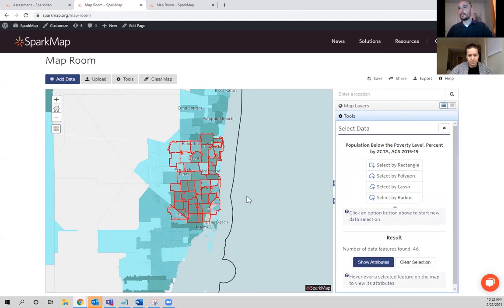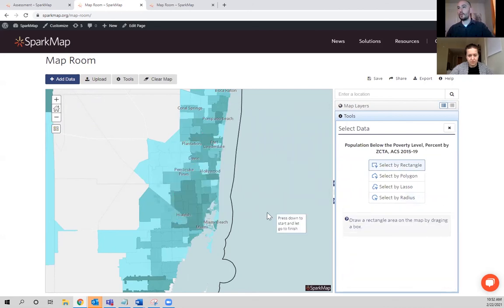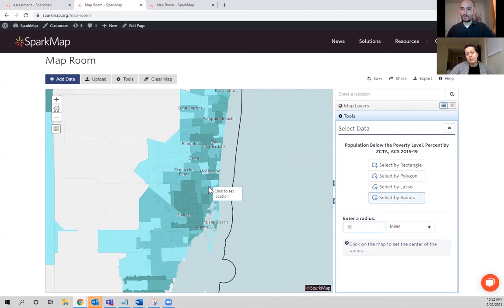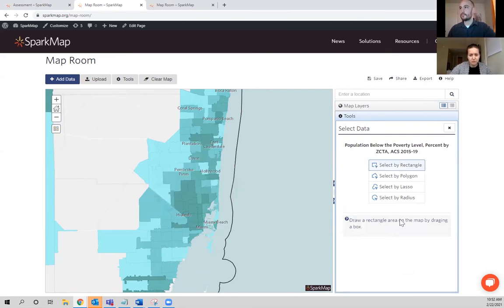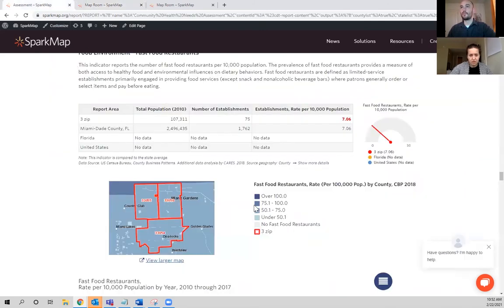Okay. From here, I can select that whole region, or if you're specifically trying to do a 10-mile radius from your hospital or something like that. Or if we're doing the 10 most populated zip codes, for example. Okay. Can we select which zip codes show up here? That would probably be best through